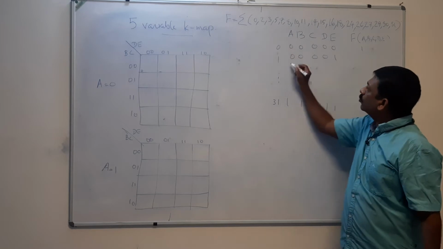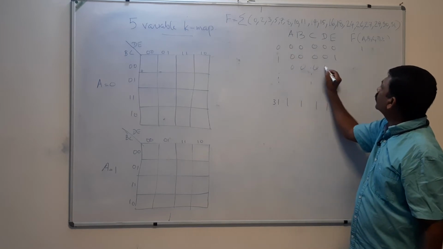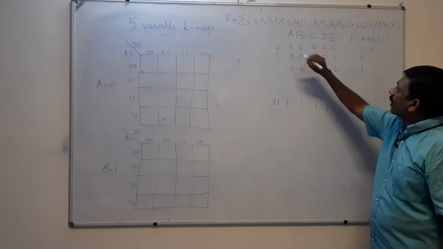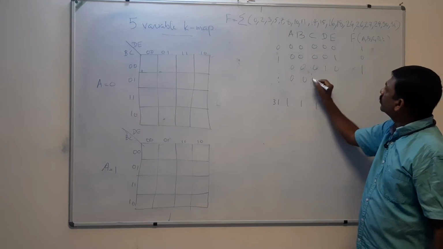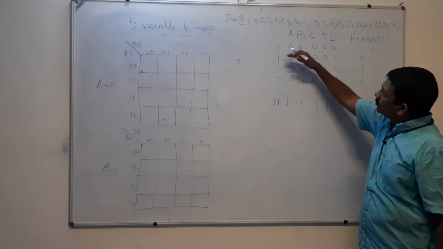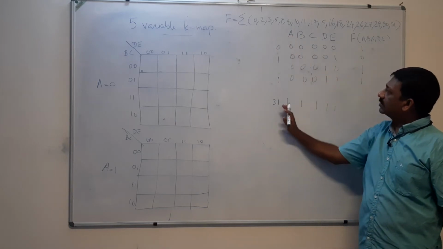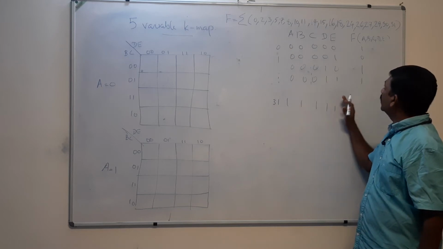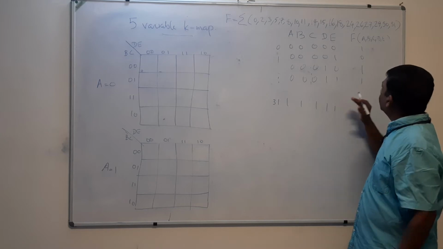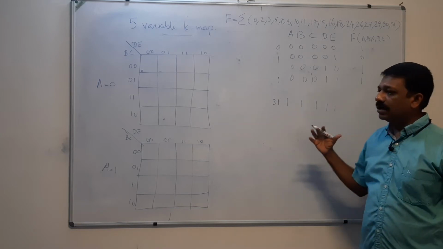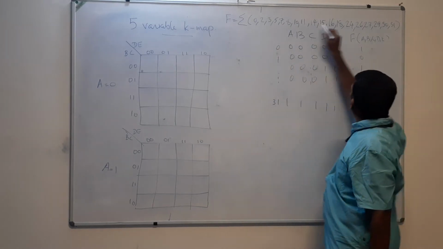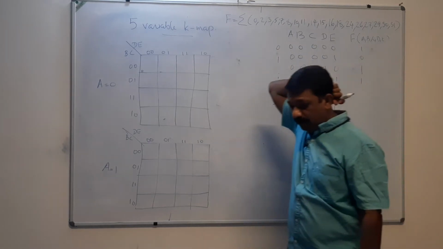For 2, the value is 0 0 0 1 0, and for that also it returns 1. For 3 also, that means 0 0 0 1 1, that is also 1. Likewise, you have to encode this using A, B, C, D and E, and for all these the values are 1, and then you take the sum of the products, and this is the function sigma. And now you have to simplify that